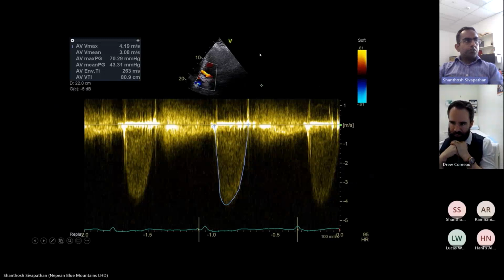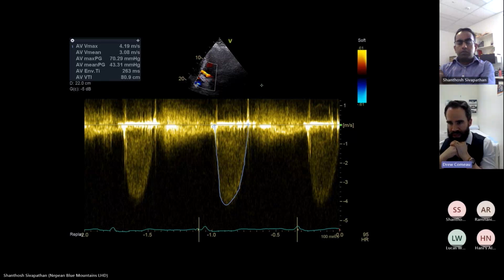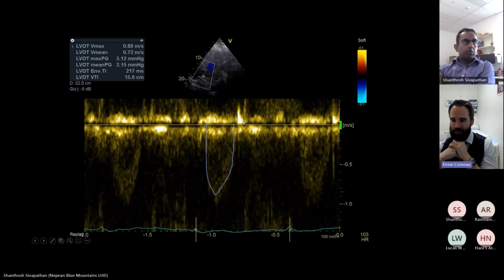So going to the money shots. Okay, what you can appreciate here is a peak of 4.19 meters per second, which, based on the ESC criteria, is in the severe range, although it's a multi-parametric approach. The mean gradient is 43, again in keeping with severe stenosis. I think it is a good measurement. You can see the closing clicks, the waveform, and that there's a relatively late peak to it. The VTI is 15.6,